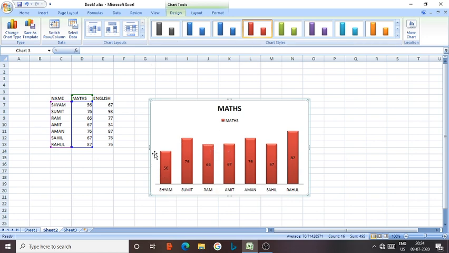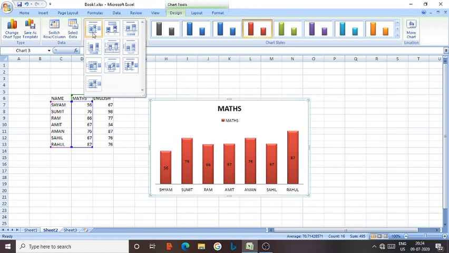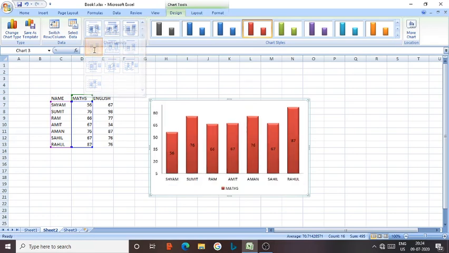If you want the axis also, you have to select the other option which has the axis as well as the numbers. So I have selected that one, and this is coming. The numbers are appearing as well as the axis. The range is also appearing so that we can specify. So here in this graphical representation, we can easily say that Syam got minimum marks in mathematics compared to others, and Rahul got the maximum marks among all the students.